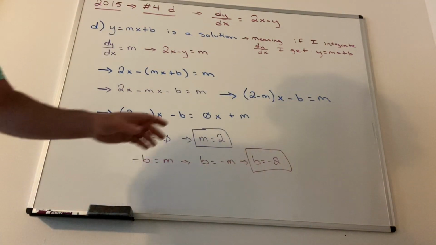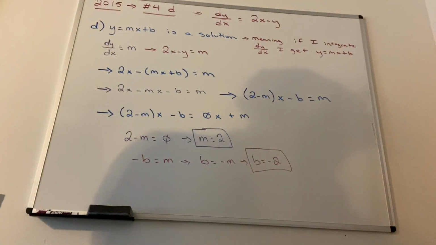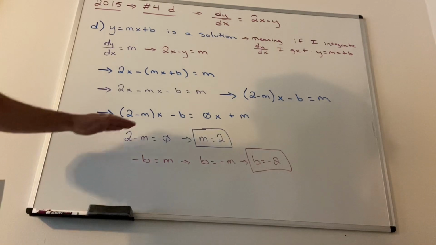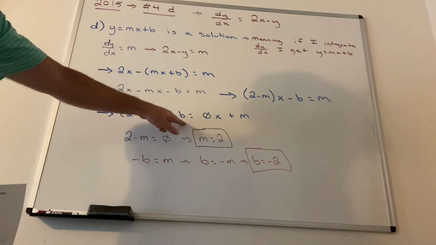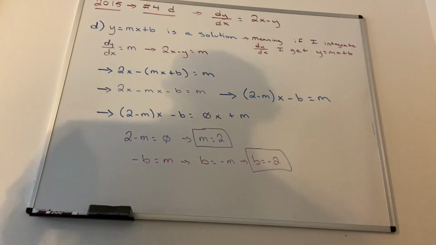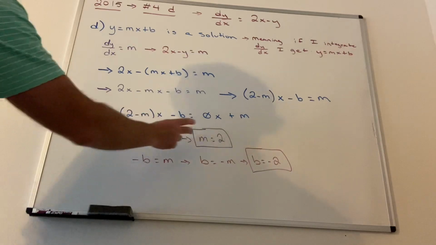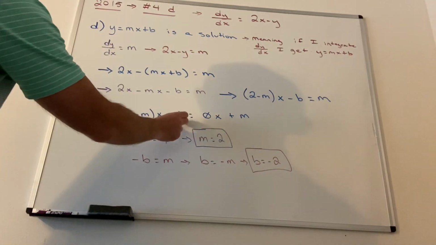Well, if only I had an x over here, I could start matching some stuff up. And I can create an x out of thin air as long as I multiply it by 0. So that's what I did. 2 minus m times x minus b is equal to 0x plus m. And then you can start matching stuff up, right? So if these are equal, then this has to be equal to this, and this has to be equal